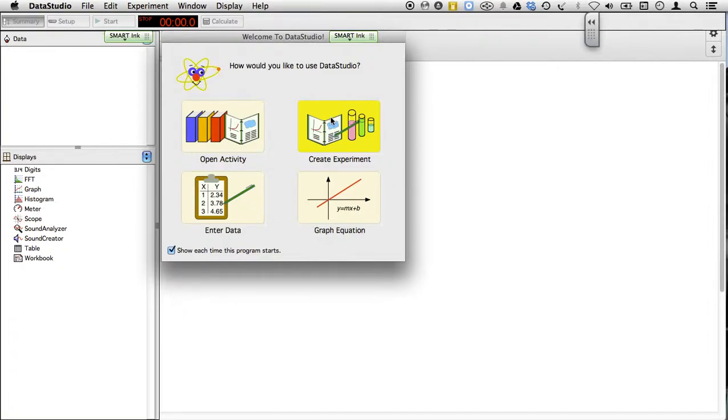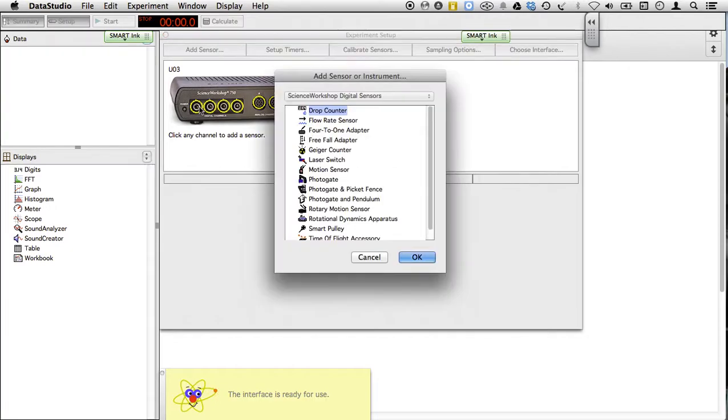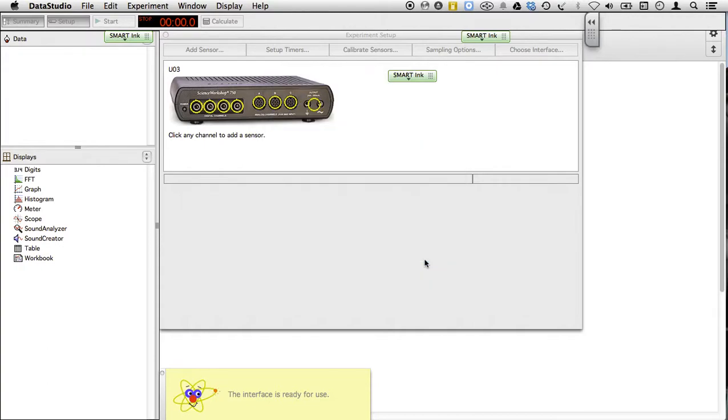Back to the DataStudio program on the computer. We select Create Experiment, creating the experiment from scratch. If we do this, the interface should come up, our Science Workshop 750 interface in this case. If I click on one of the digital inputs, I can select the rotary motion sensor and